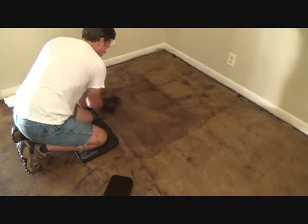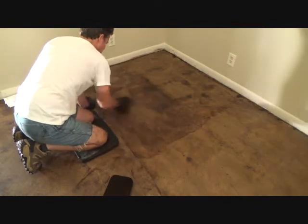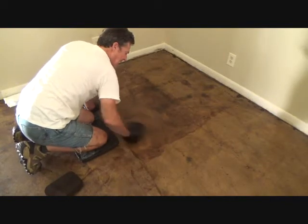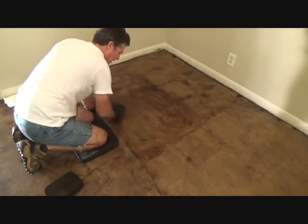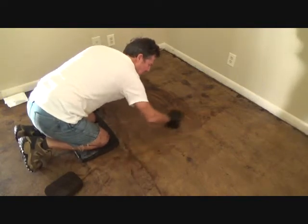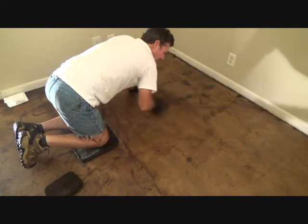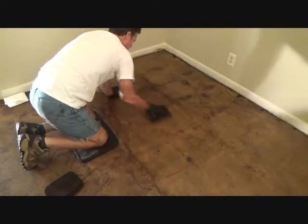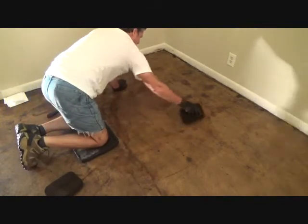You'd have to have masking tape up against your baseboard, cut plastic and tape your plastic to your masking tape on the base, let's say, and then you'd have to take the doors off. There's a lot of prep work, but that actually looks good too. And I think if you've watched enough of the videos, I've shown you another floor that the owner had done in the house here, and the stain was installed with a Hudson sprayer because it didn't have